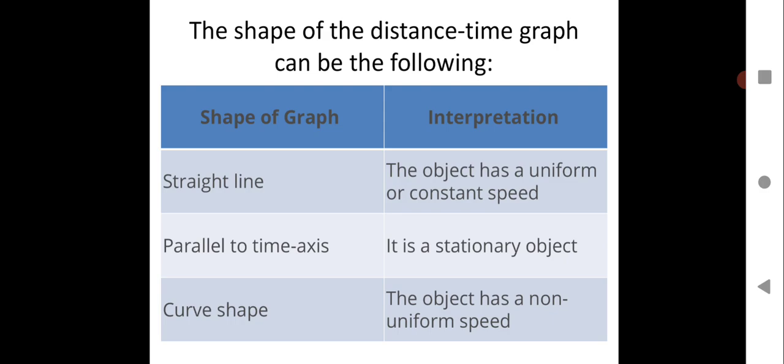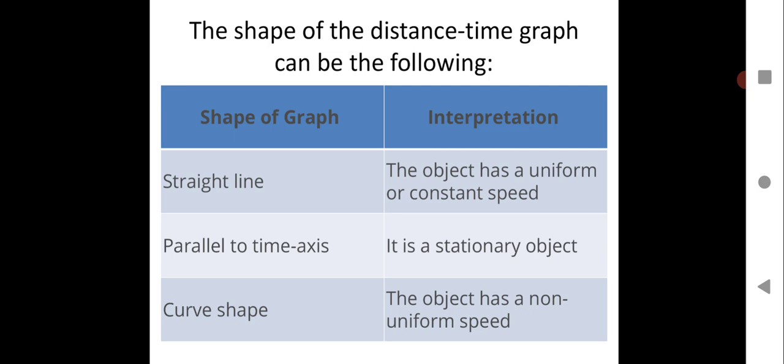Suppose you have a distance time graph and you will get different types of lines on a graph paper. What does that mean to you? So let us see. As you have the concept of distance time graph with you, you have done plotting of the points taking distance and time on the x and the y axis, and then you got a graph. Let us see how you are going to interpret different slopes and different types of lines which you get on a graph paper. So please do write this: make a table, shape of the graph, interpretation.